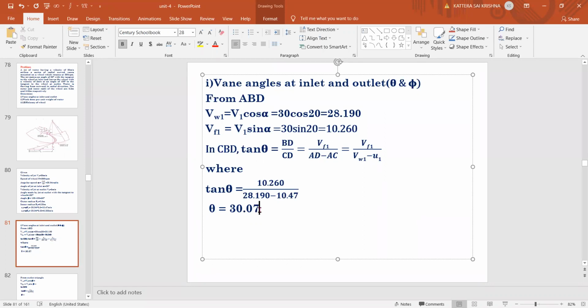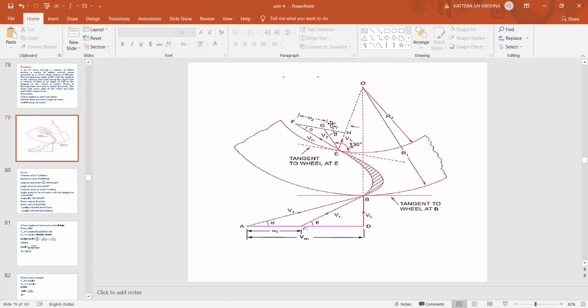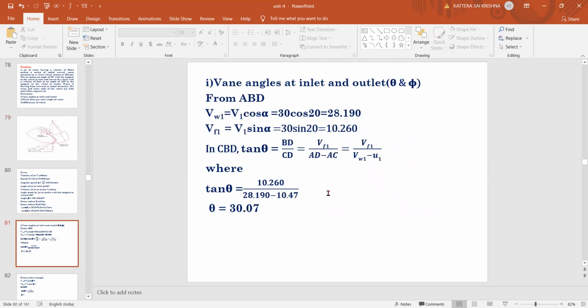Right. So after getting theta, now we found out one angle as theta. Now we need to find the outlet angle. What is the outlet angle, opposite angle for theta? Phi. We need to find phi. So same thing. First we need to go to the outlet triangle, right? At the outlet triangle, he has already given the V2 value. The last problem where we have seen we don't know V2 there, but here he has given V2 value. So again, you can use the right angle triangle GHE, right? So you can use V2; the vertical component of V2 will be VF2, VW2 will be the horizontal component of V2, right? Are you able to understand what I'm telling?